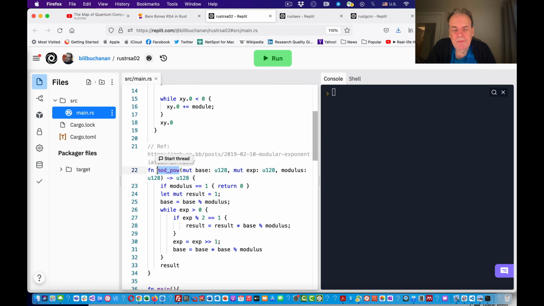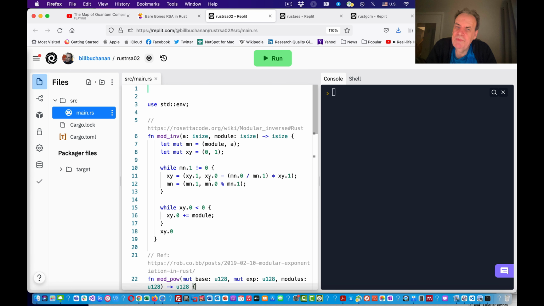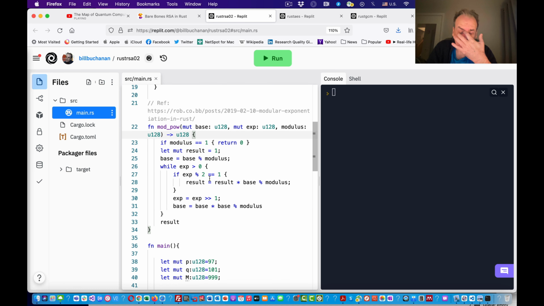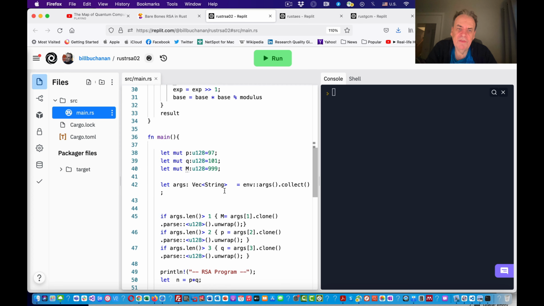I've taken a first principles approach in that I've got a mod to the power of something, mod something else. And in this case, I'm using big integers. And the reason for big integers, sorry, this isn't big integers, this is U128-bit. So in this case, we'll use 128-bit unsigned integers to be able to create it. The problem with that is that it won't take too long before we overflow the 128-bit if we're using a very large prime number. But it should work up to a certain level.